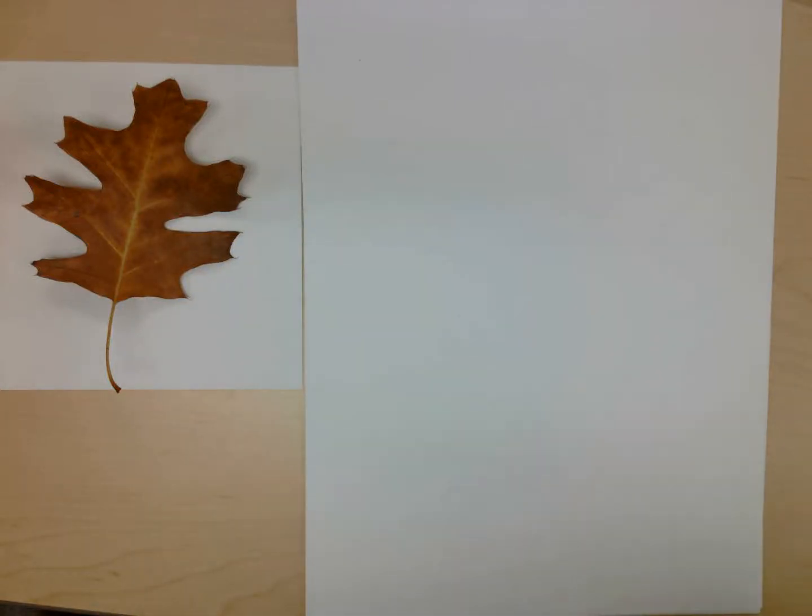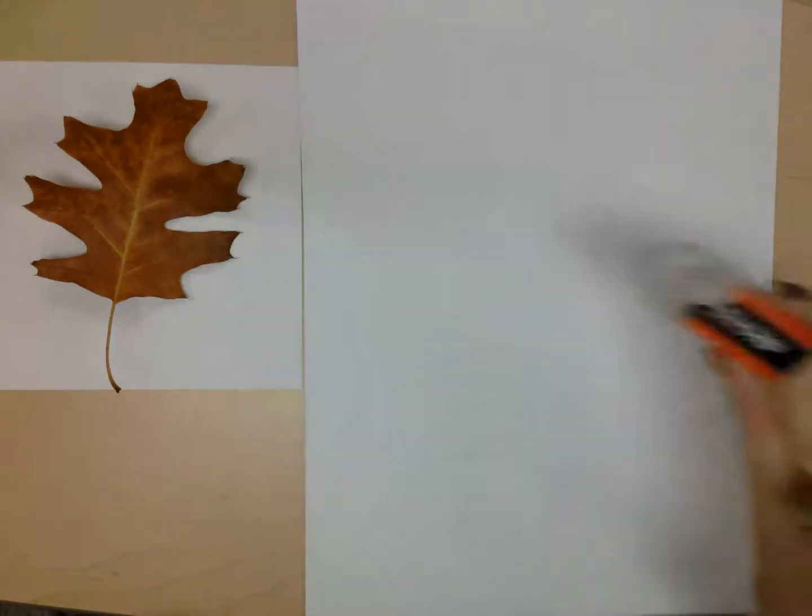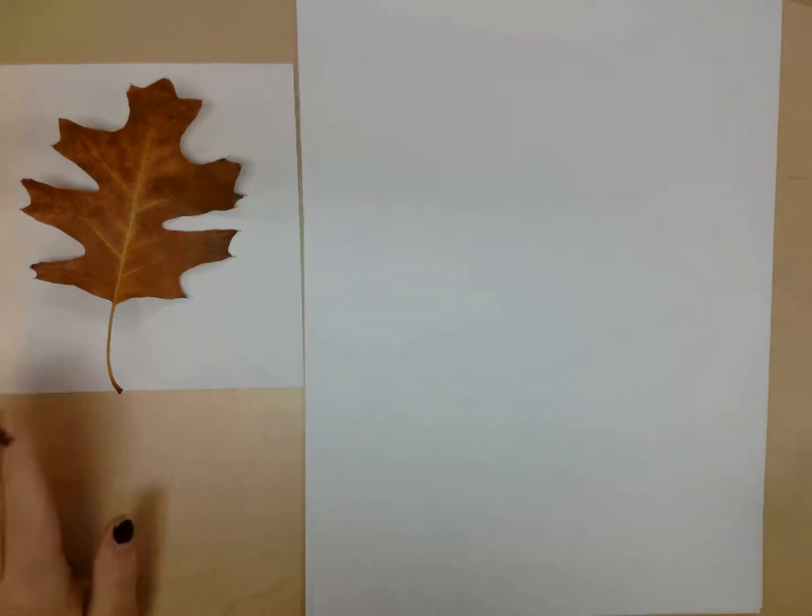Hi guys, today we are working on drawing out our leaf. We are going to start off with using a pencil, of course, and we want to make sure we have our eraser here. What I want to do is make sure that my leaf is nice and